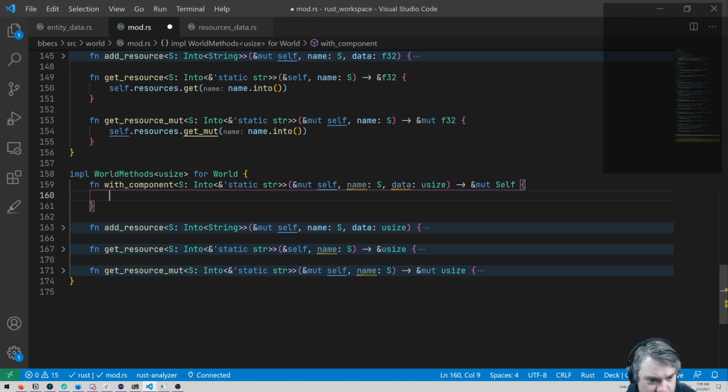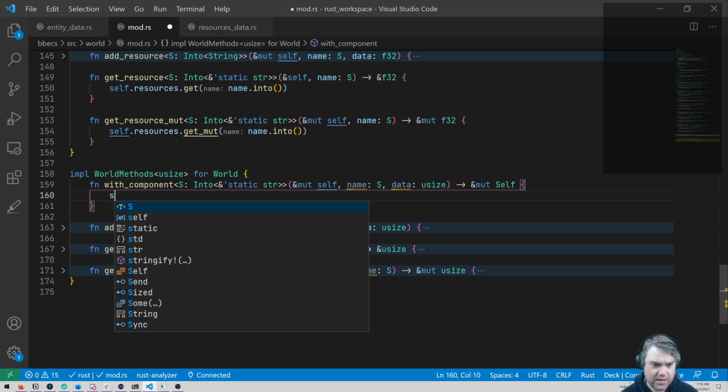Okay, so the world method with component. This is really an insert for a usize. So we'll see whether or not we have that in the other one. I'm guessing not, because we're just starting to fill this out here.